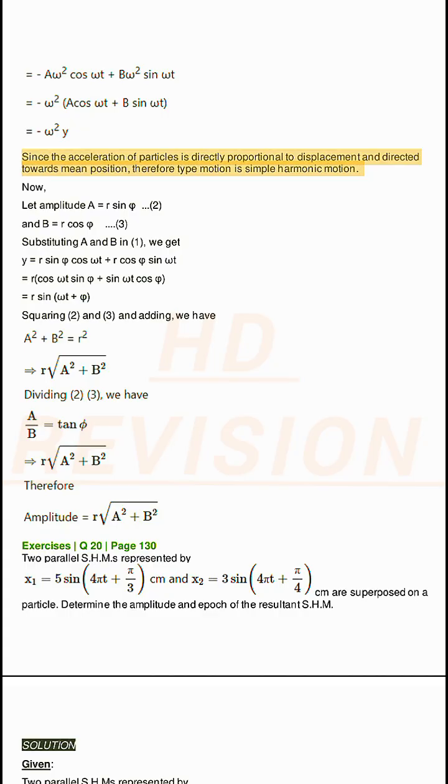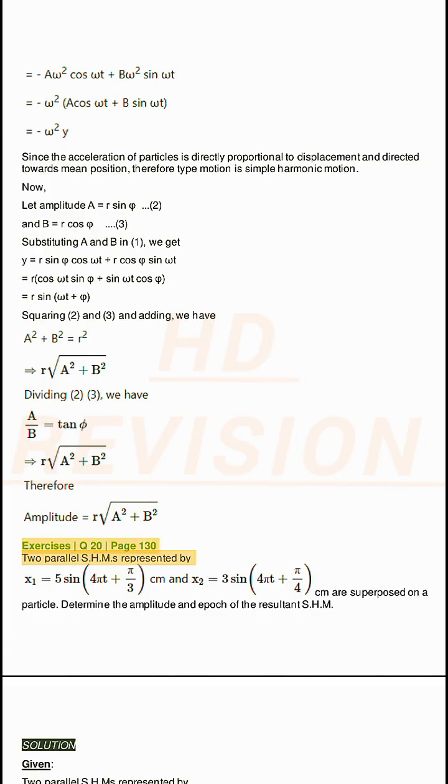Solution. Since the acceleration of the particle is directly proportional to displacement and directed towards the mean position, the motion is simple harmonic motion. Now, let a equals r sin φ (2) and b equals r cos φ (3). Substituting a and b in (1), we get x equals r sin φ cos ωt plus r cos φ sin ωt equals r(cos ωt sin φ plus sin ωt cos φ) equals r sin(ωt plus φ). Squaring (2) and (3) and adding, we have